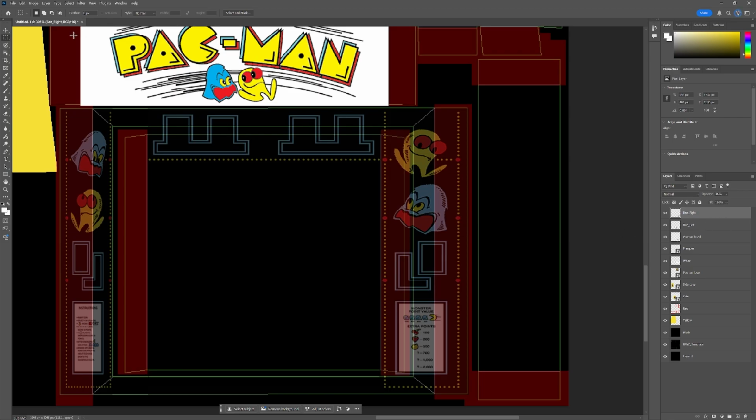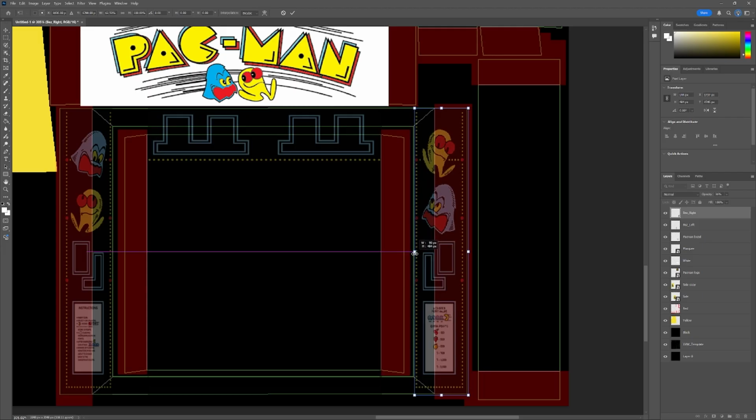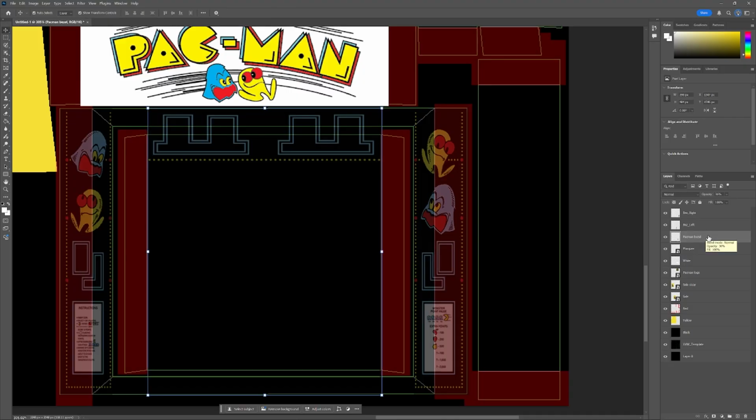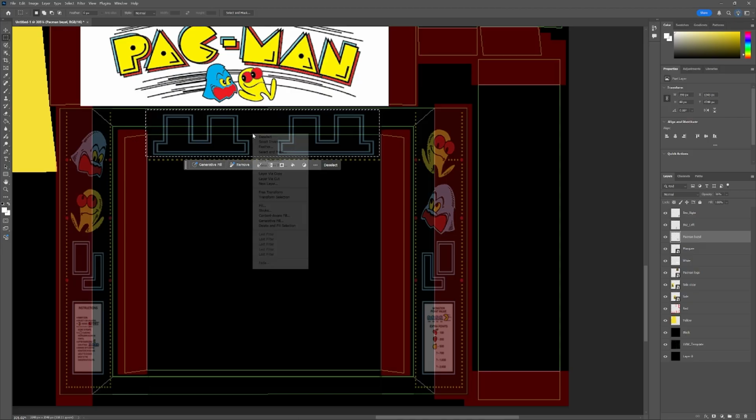It's easy to find things again. Once again, holding Shift on the keyboard, we're just going to drag this until it fits within the space we want it. And then we can take the Pac-Man bezel, we will cut again, I think, just so that we're working with nicer spaces. If I take, let's say, this part and we'll again layer via cut,